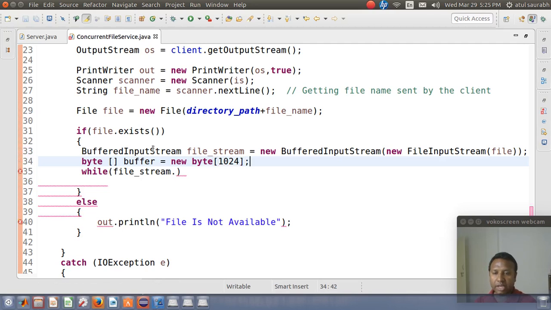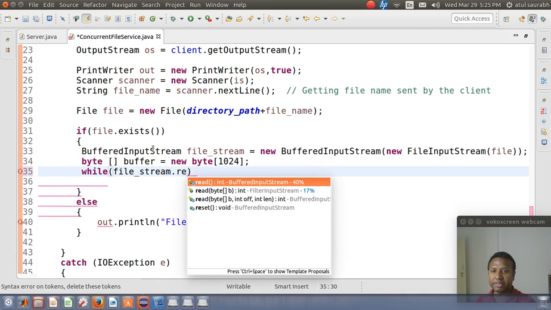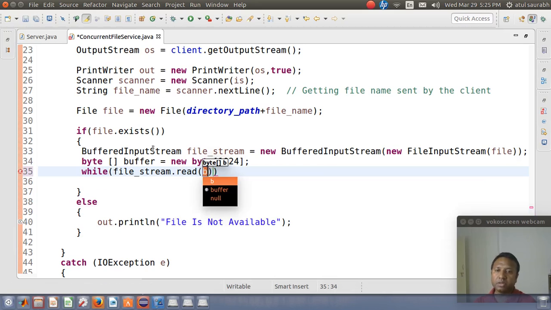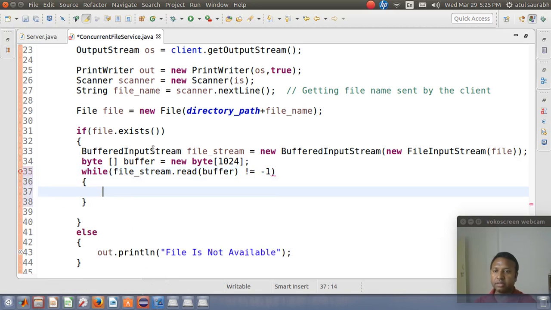So I require a byte array, and then I will read the content into this buffer, and if this reading is not equal to -1, I want to read until then. -1 means there is no byte available to read now.